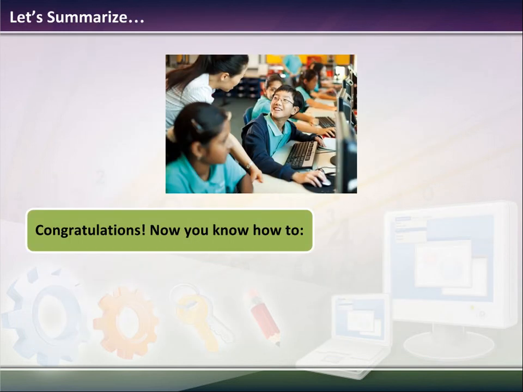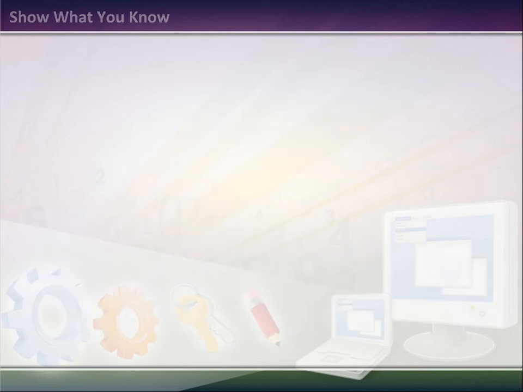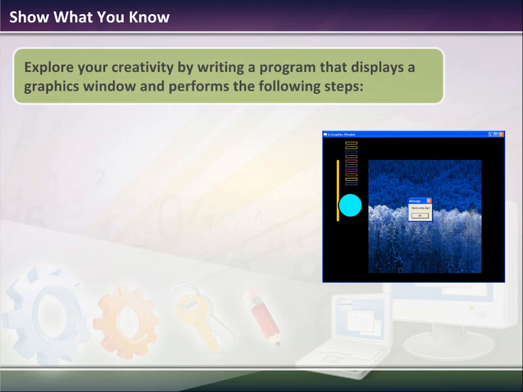So to summarize what we're doing, basically we've learned how to show and hide graphics window objects. We've learned to draw shapes and lines in the graphics window. We've learned to display images in the graphics window object. And what we should know is we can explore our creativity by writing a program that displays a graphics window